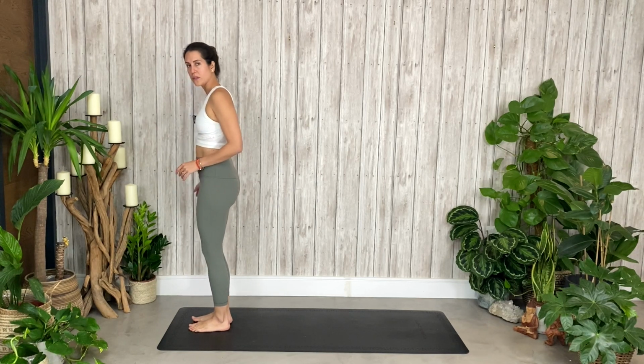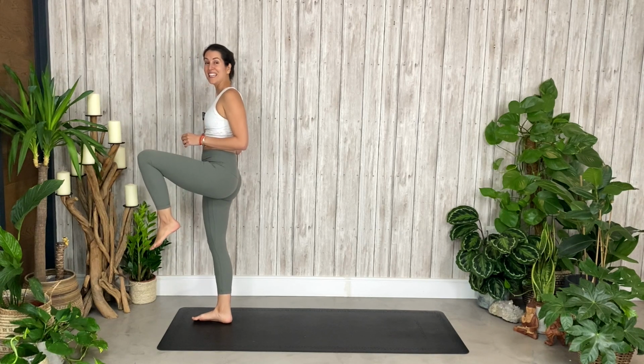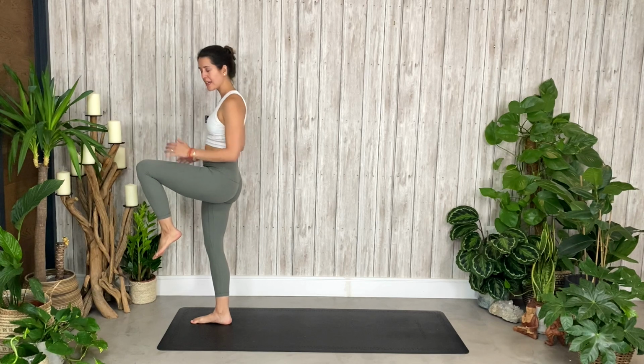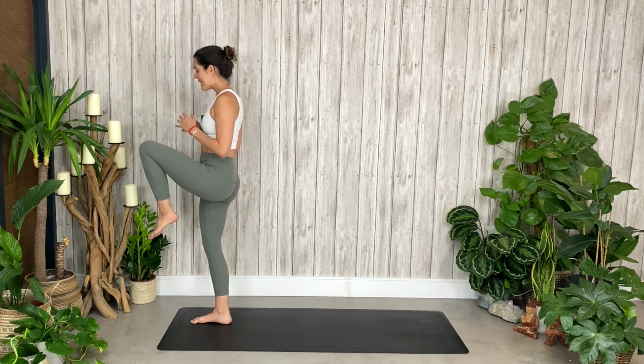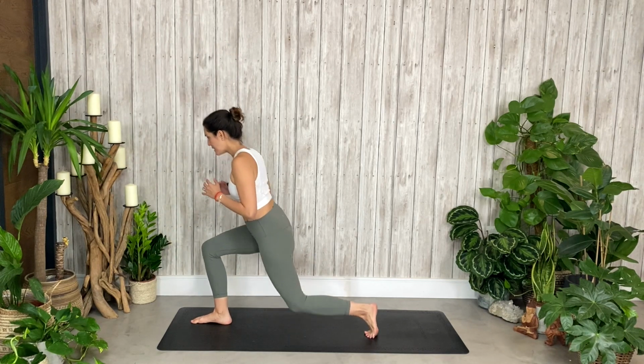Starting with the right leg, so the right leg down, I'd like you to draw that left knee in towards your chest. Hands can be in front of you to your side. As we start to move through this, see what feels best. We're gonna take an inhale here, and as you exhale, bring that left foot back, tap the knee down, and